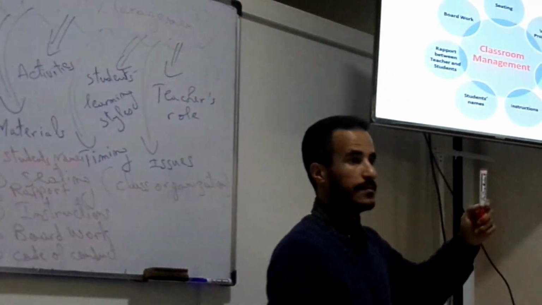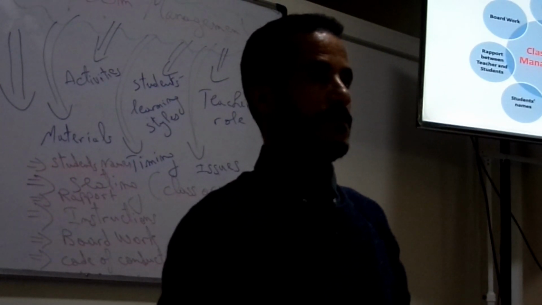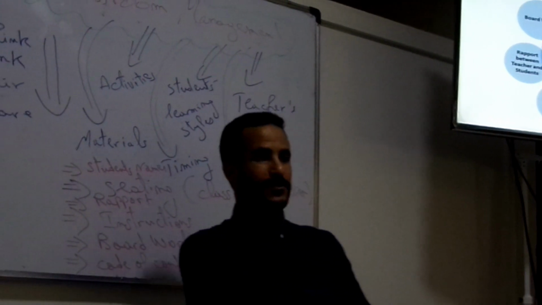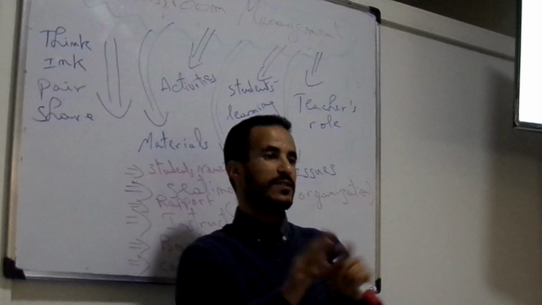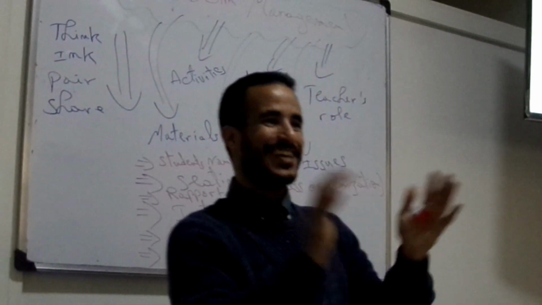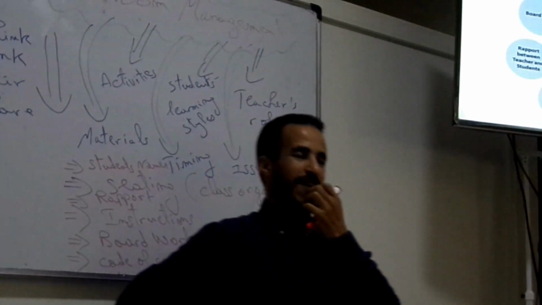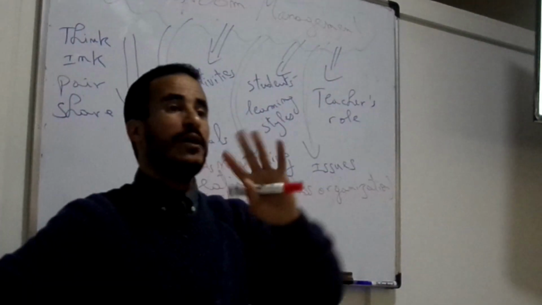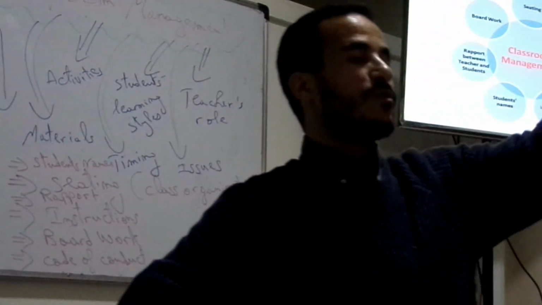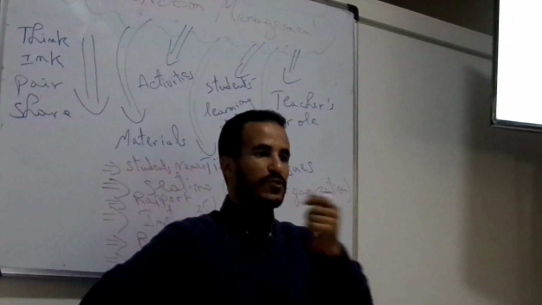For seating arrangements, we can also ask short students to sit in the front and tall students to sit in the back so they can see. But don't tell them you are short, come here, tall, here. Don't say these things, even politely. Say, I want both of you to come next to me and you go there, etc. And those who are wearing glasses, you give them the privilege to go to the front.